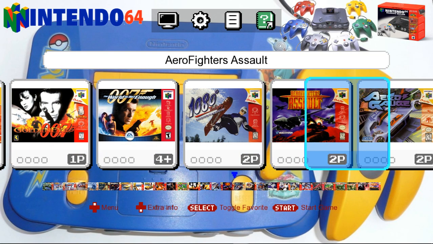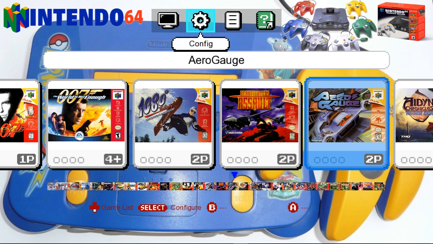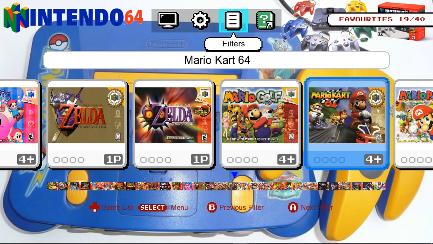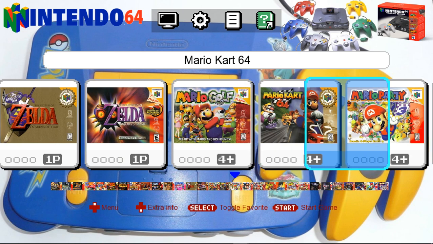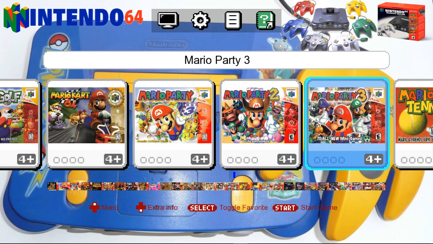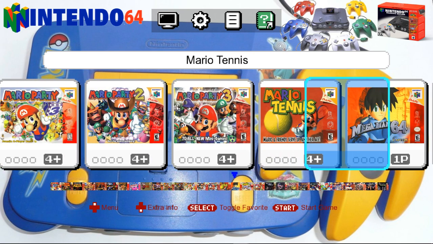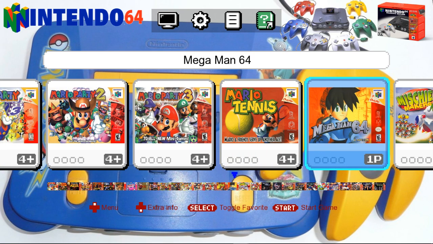Here we go. So if we go up, if you guys know my classic editions, here's 305. If I press A or B or X or circle, and you can see I have some favorites. If you want to remove them, just press the select button or the back button. So if I were to remove Mega Man 64,